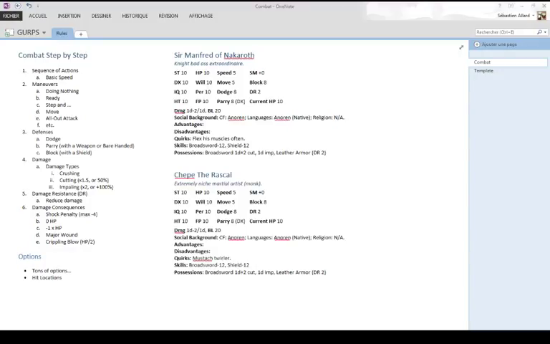GURPS being a toolkit, you have to know that you can apply every combat rule in the book, but then you probably need a spreadsheet if you really want to pass through all the little rules and little nooks and crannies. So my first advice to you, if you want to run a combat in GURPS, you should